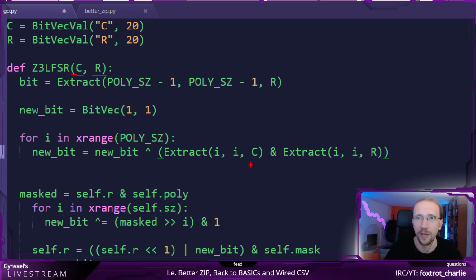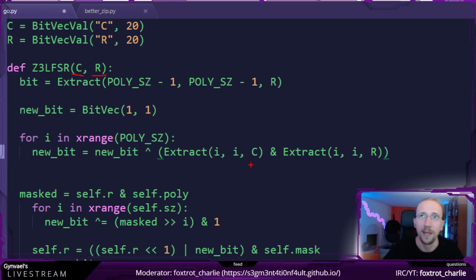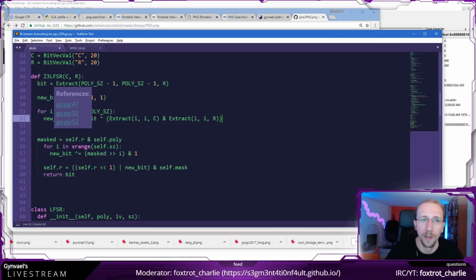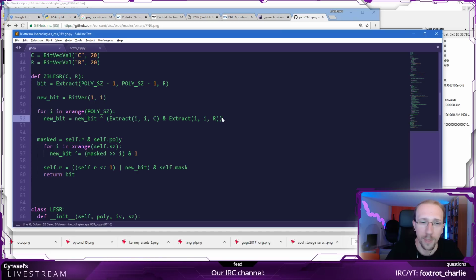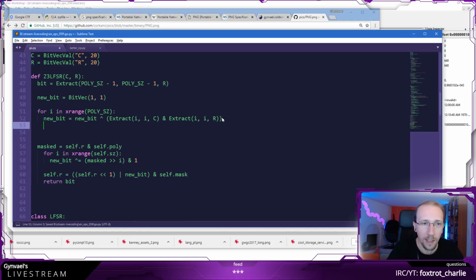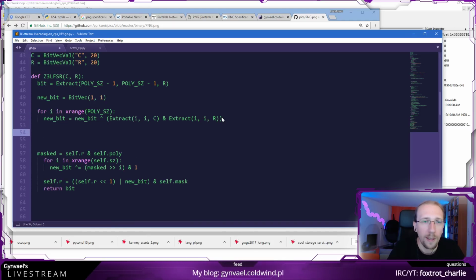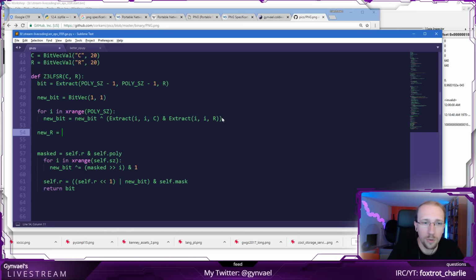So I will show you the expression in the end. It is going to be super scary, but we don't care. We don't have to solve it. Z3 will have to solve it for us. So it can be really complicated. The size of the expression can be really huge, and Z3 should still be able to solve it. Okay, so we XOR it by this, and C is our unknown, R is our semi-known or known value, which is fine.